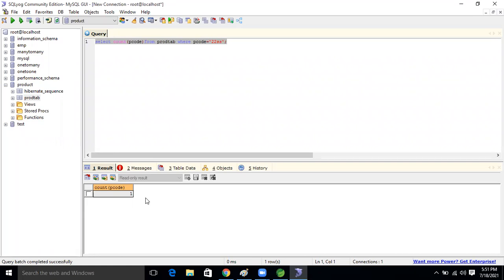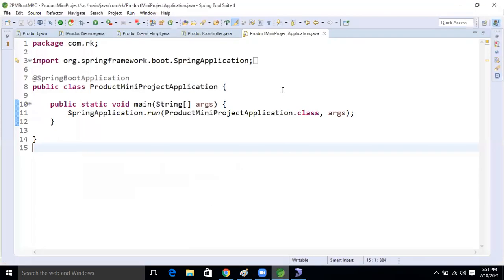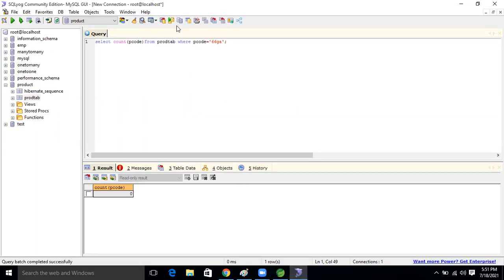Okay, so same like, guys, here what I'm going to do now, I'm taking another like GA, right? So this record is not available, then what we will get, zero, right? See this, zero we are getting now. It's not there. Yes, right. So same like this query we will apply in the database, guys.